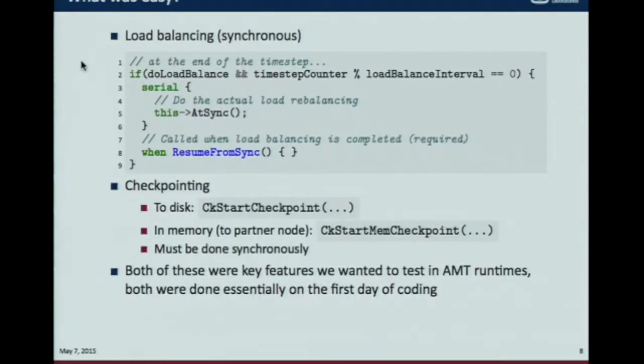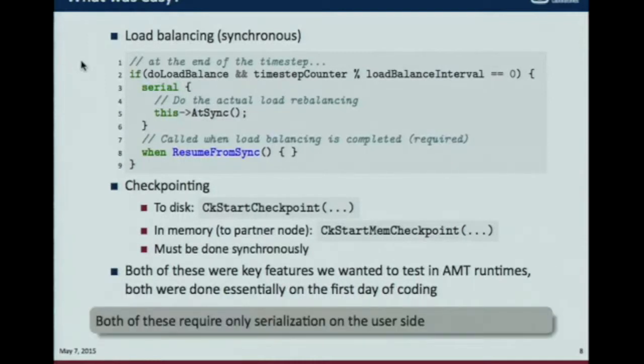If you've ever done coding in a group of 10 people, that's pretty impressive because it can go pretty slowly. The thing that both of these have in common is that they're basically a result of writing PUPers, which is a nice thing: all you're doing is serialization on your side,